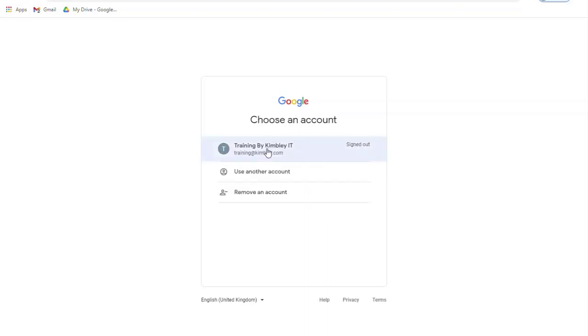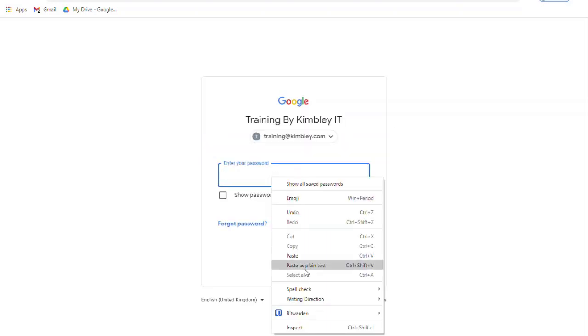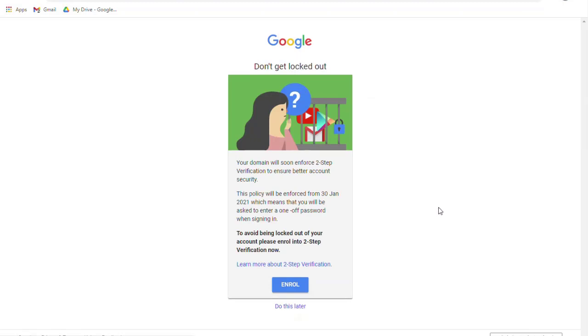Go to sign in again with my training account, enter my password, and this time I get this message come up that says don't get locked out. Click here to enroll. When you click this enroll button, it takes you to the setup for Google two-step verification. And it's really important to click on that when you first log into your Google accounts to stop you from getting locked out and having a really frustrating bad day when you can't get in to do your work